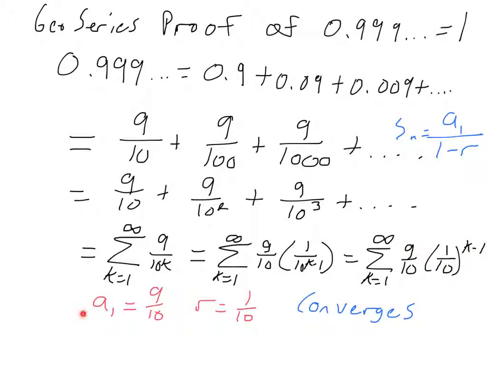That means our a sub 1 value is 9/10, and our common ratio, which we always need to determine the behavior of a geometric series, is 1/10. Because the common ratio is between -1 and 1, we know that the series converges. And because the series converges, we know that the formula for the sum of the series is a sub 1 over 1 minus r. And so on the next page,